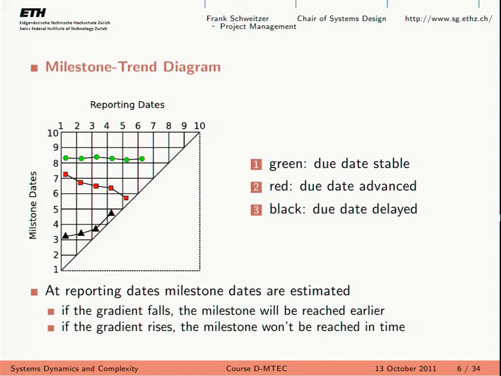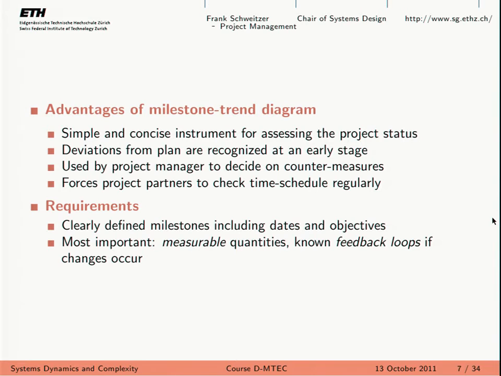All right. This was the milestone trend diagram. It's pretty intuitive. It's very simple. You can really spot delays as they appear. Of course, this depends on the granularity of your milestones, which brings me back to the point that too fine milestones can allow you to spot delays or quality problems almost in real time, but it will generate way too much administrative overhead. So you have to find a trade-off. If you just have 2 milestones, in the beginning and at the end of the project, you will probably never spot any problems.